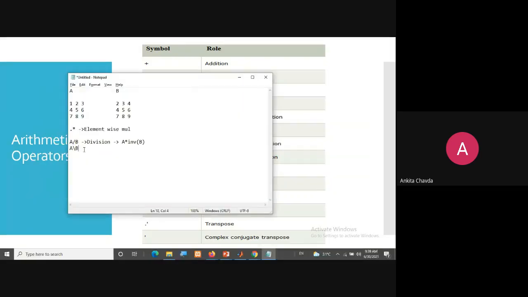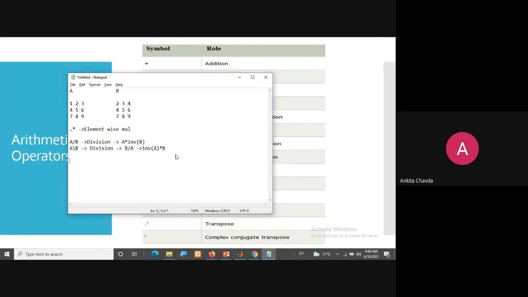Left division means it will again do the division only, but it will actually do B divided by A. You can represent it as inverse of A into B. It will do the reverse of this. Fine. So this is your matrix division. It does multiplication with the inverse of the matrix.